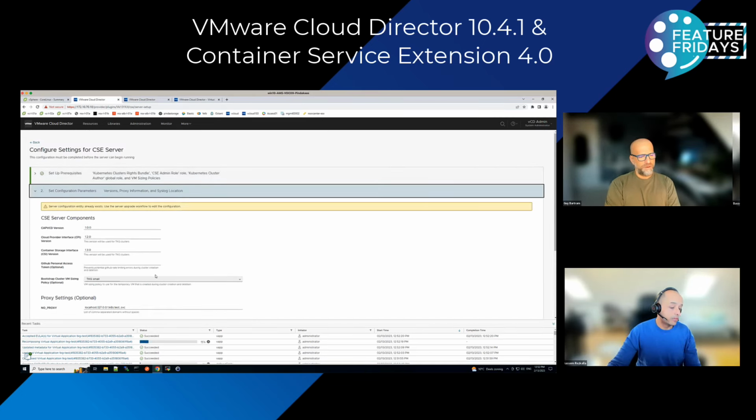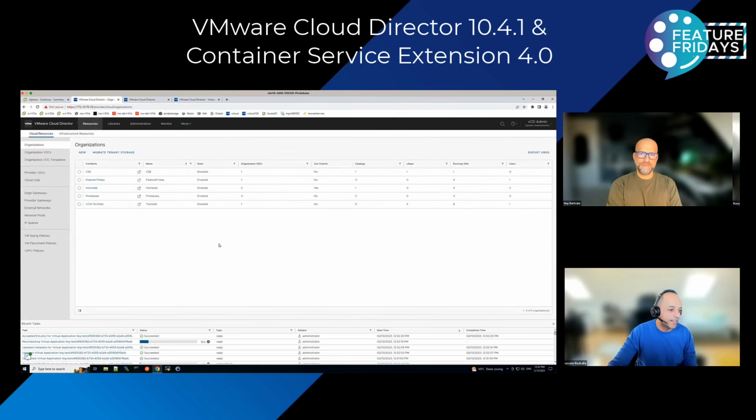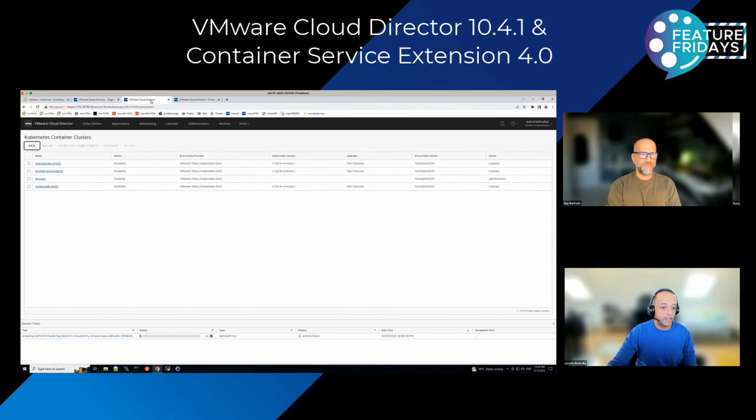So make sure that you offer the right t-shirt sizes. Again, it depends on the service level of your tenant, of course, because maybe for just some tenants you are only offering small nodes, or medium or X large. So here you can see it's in the creation process for our cluster.